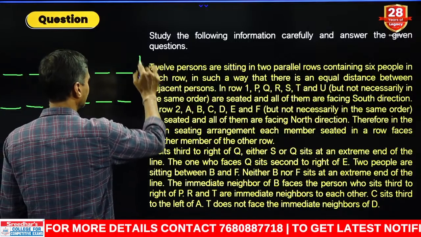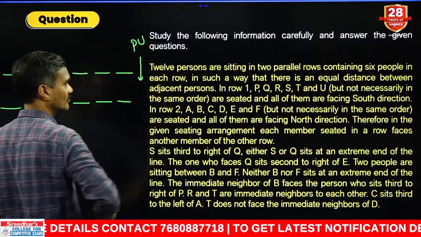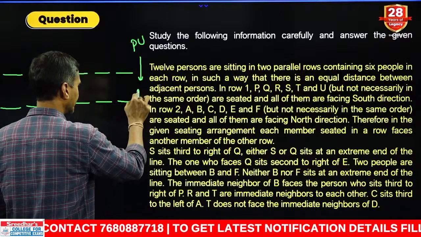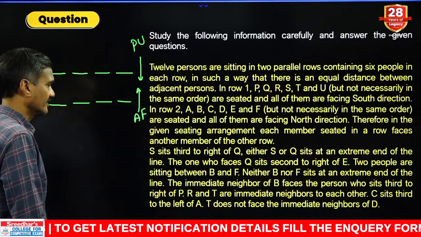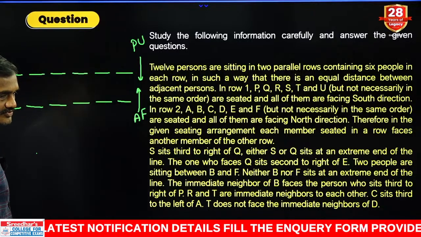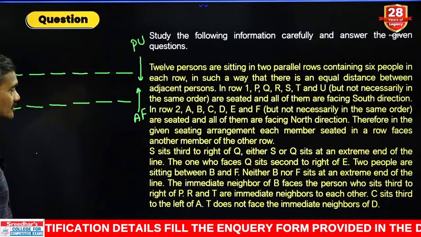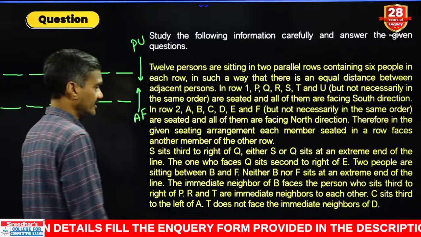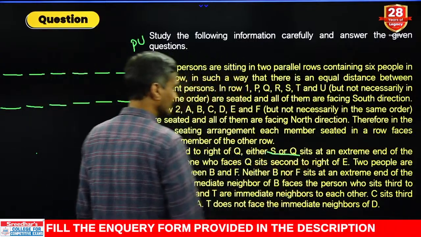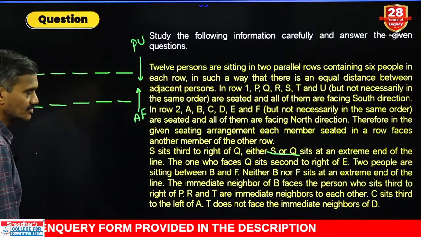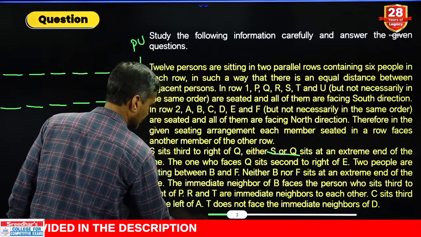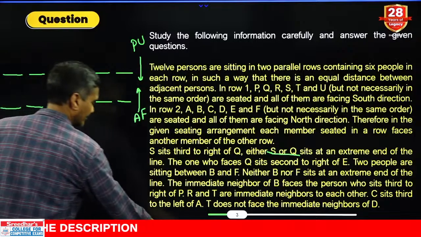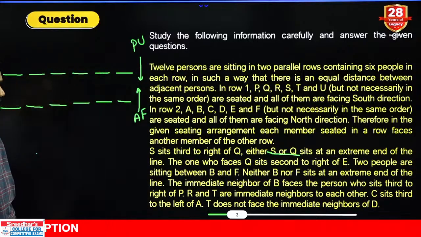These are the persons who are facing towards north, A, B, C, D and F. Then S sits to the right of Q, and either S or Q sits at one of the extreme ends of the line. Now this is a crucial point here. Then coming back to this one, now either S sits